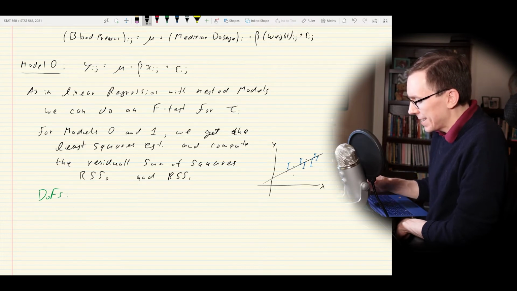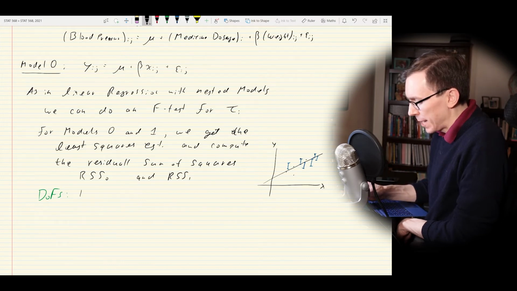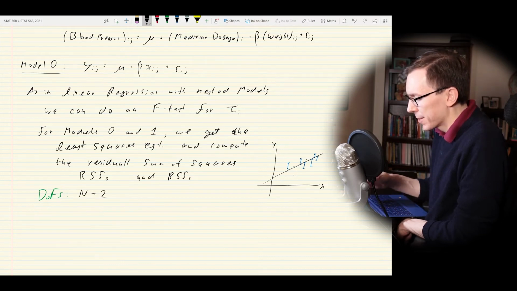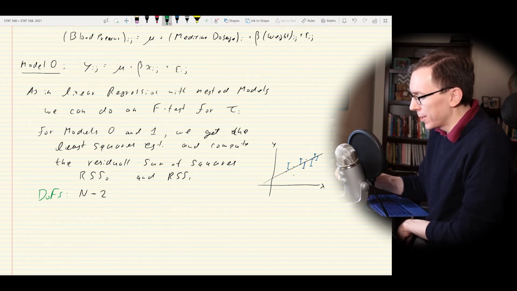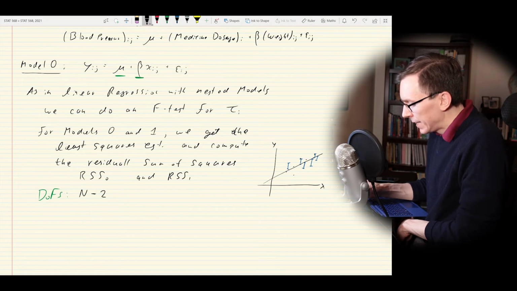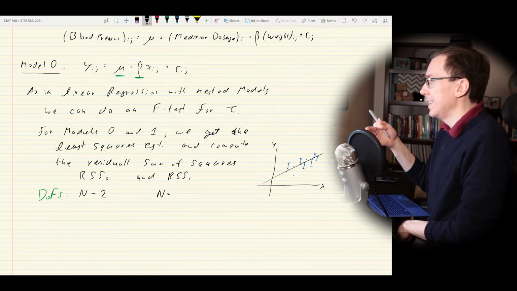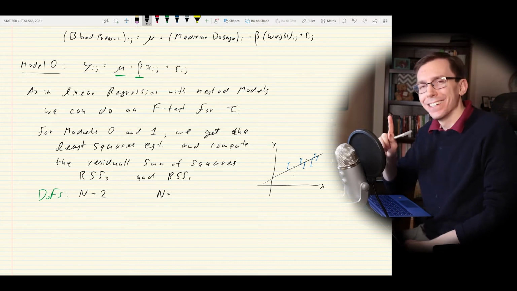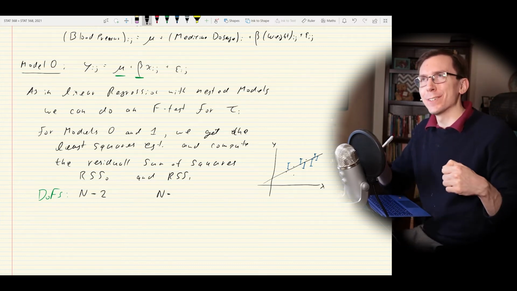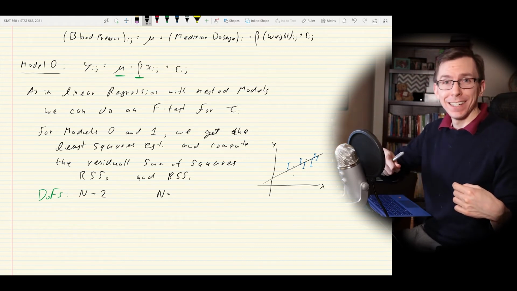So in the case of the residual sum of squares for model 0, it's always going to be the total sample size minus the number of estimated parameters. In the case of model 0, we only have two parameters to estimate, mu and beta. They're both univariate parameters. In the case of model 1, we still have to estimate mu and beta, but we also have k different taus, but we don't exactly have k different levels. We actually have k minus 1